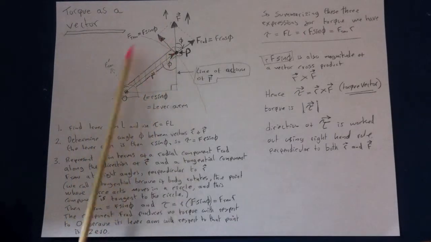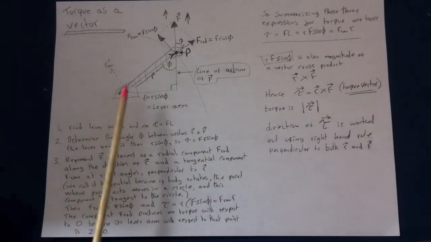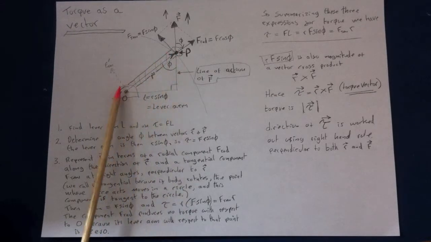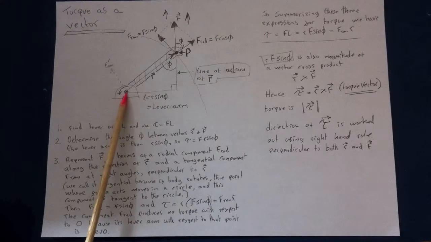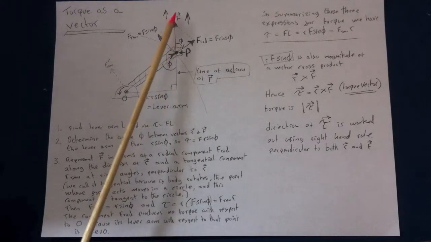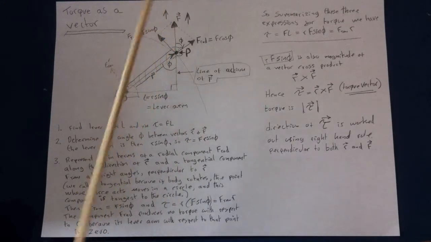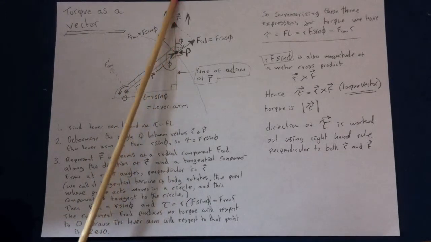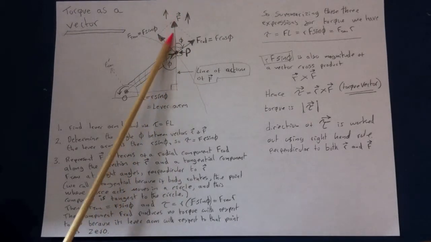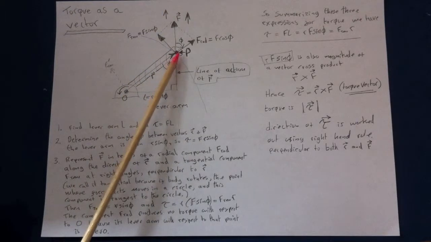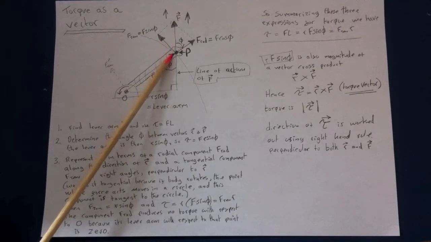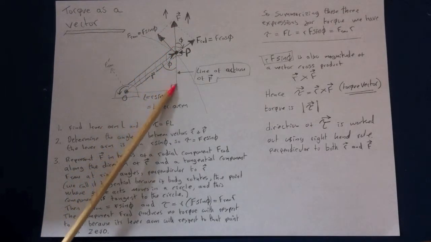Okay, so let's first of all look at this diagram. What I've got here is some object, and we've set an origin here. Now a force is acting on it. Somebody is pulling this object up like this. In the process of going up in the air in this direction, that's actually causing the object to turn. So if we move back along the line of action of that force, all the way back so that we get this